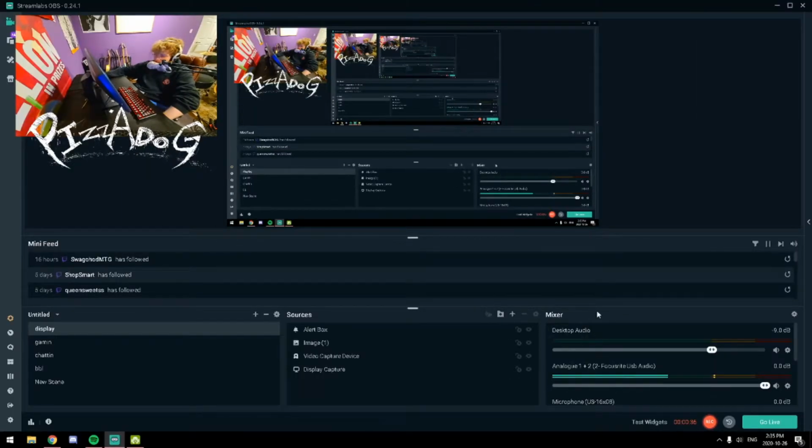Once you've done that, it should pop up in the mixer here, and you should be getting some sort of level input here. If you're not getting this green bar, you're not getting input from your microphone, which is bad. You need input from your microphone so OBS can hear your wonderful voice, because if we can't hear your wonderful voice, we can't make it sound even more wonderful with the plugins that you should be getting, which we will